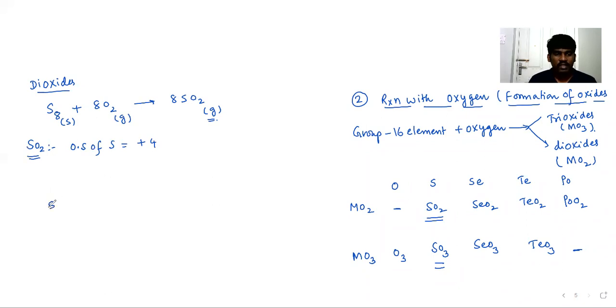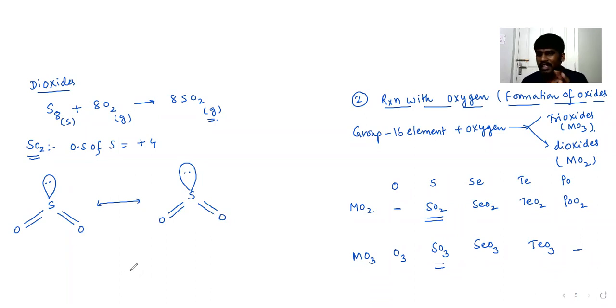And now if you observe the structure, there is a lone pair. Now if you write the resonance structure of it, it is the resonance structure of SO2. Can you find any difference there between these two resonance structures? Oxygen's lone pairs may be different, but that is also the same only. But how can you find the difference?